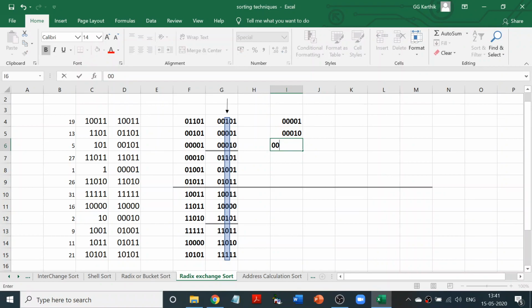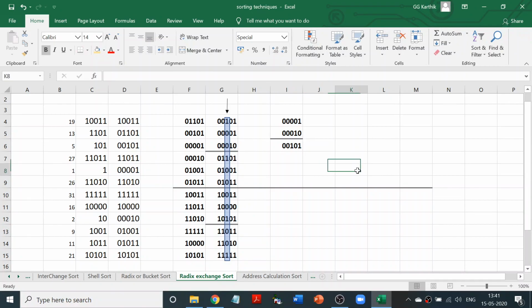So 0, 0, 1, 0, 1. So what have we done? We have just taken this small list and then divided that into zeros and ones. So let me draw the line now, so you will know where the line actually comes. You understand? This is 0 part, this is 1 part. Okay, and this line obviously is going to be there throughout. Let me say this line is also going to be there throughout, no doubt about it.